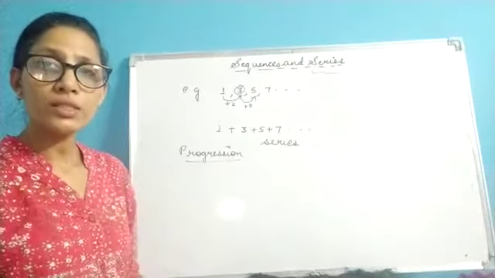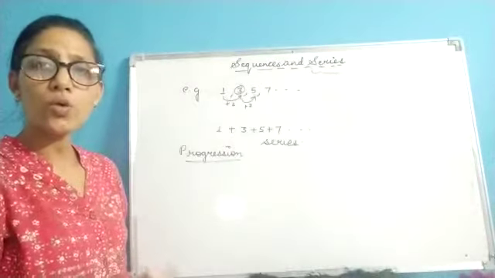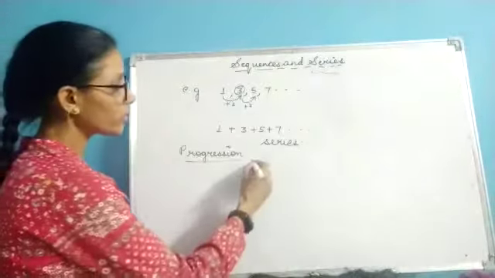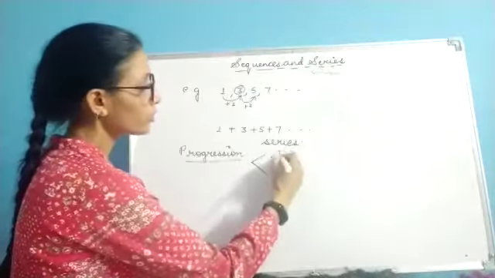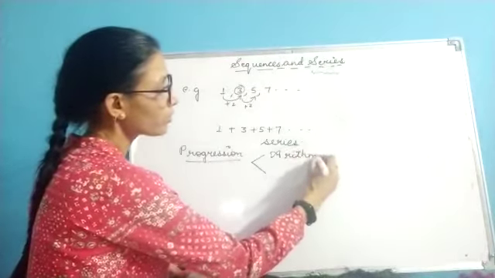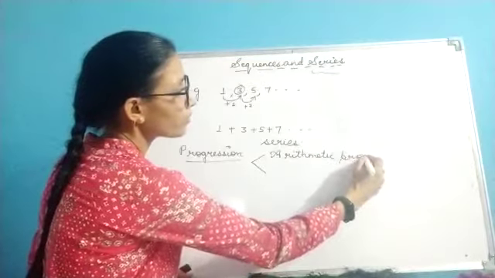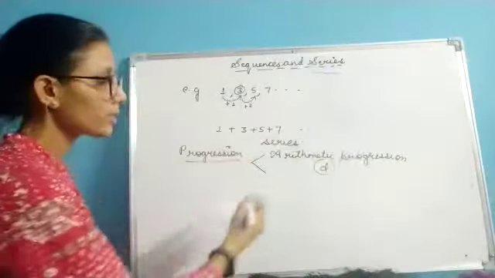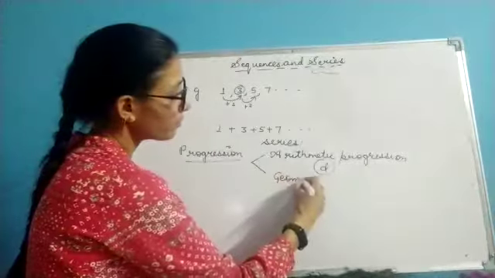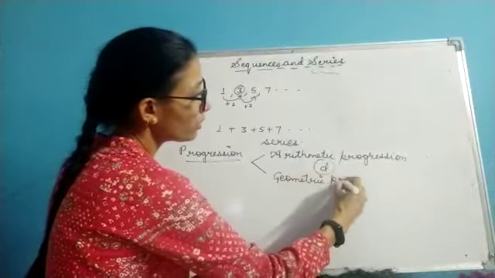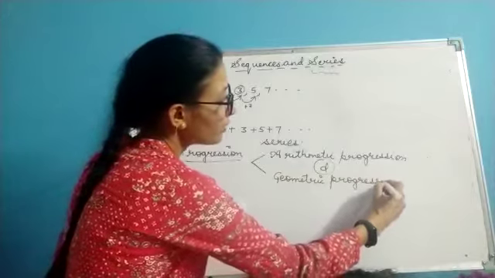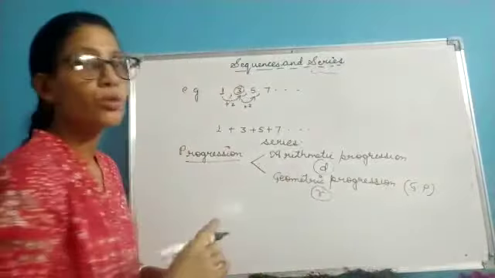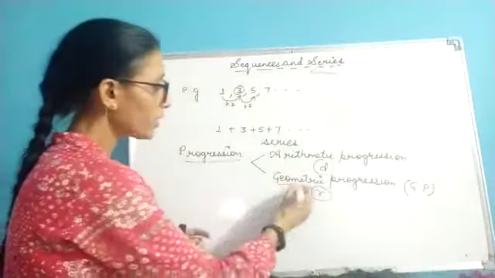If the terms of the series constantly increase or decrease by a numerical value, then it forms a progression, and progression can be of three types. First is arithmetic progression, which you have read in class 10th, where there should be a common difference. Then there is geometric progression, which you are going to read in class 11 and which can be represented with GP, and we have a common ratio, R. We will read it later on.